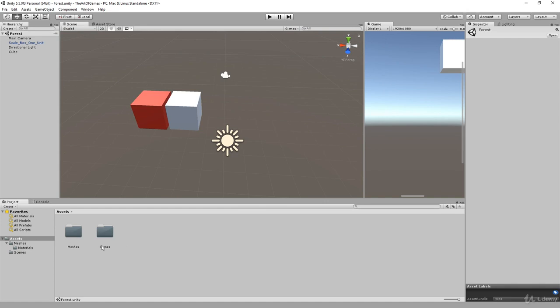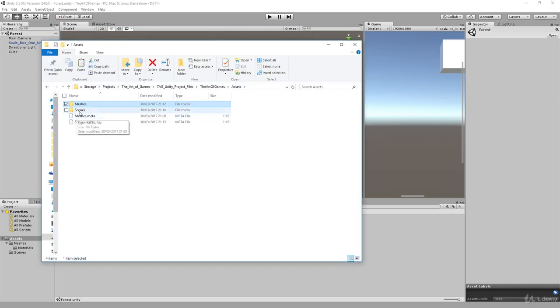So now you have two folders, one meshes, one scenes. If you go back to your Explorer window, you can see there's your scenes directory and there's your meshes directory. We're not going to touch this stuff. The only thing we're going to do is copy files into here.